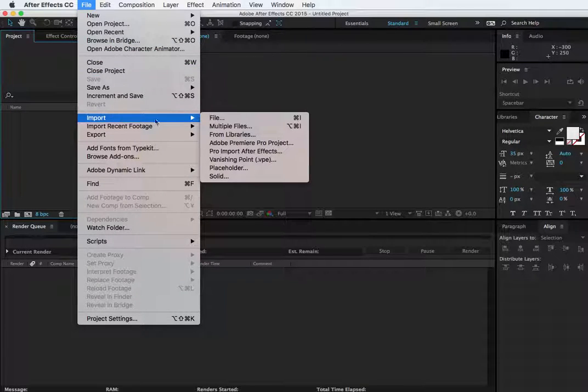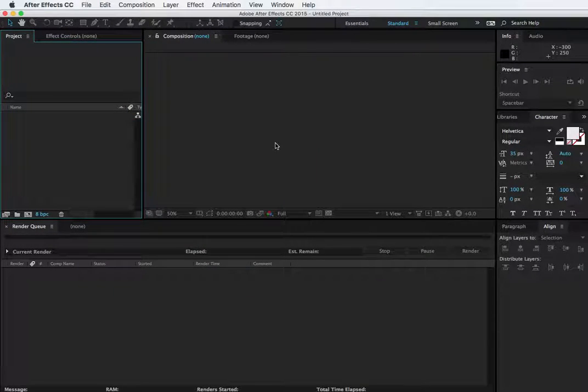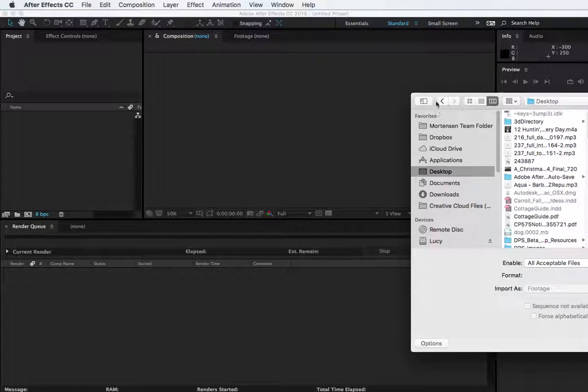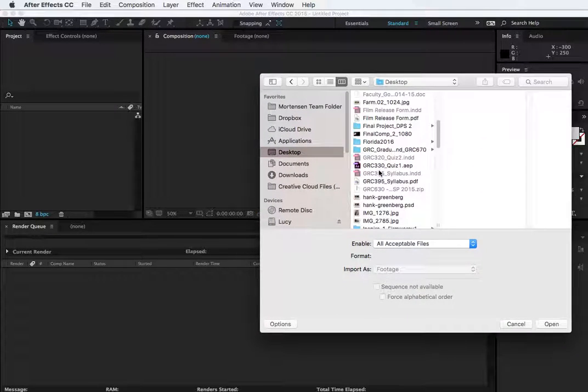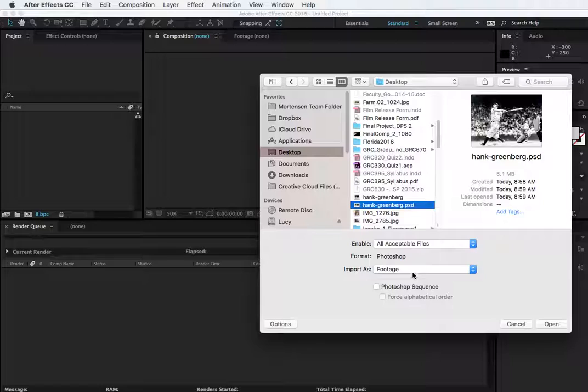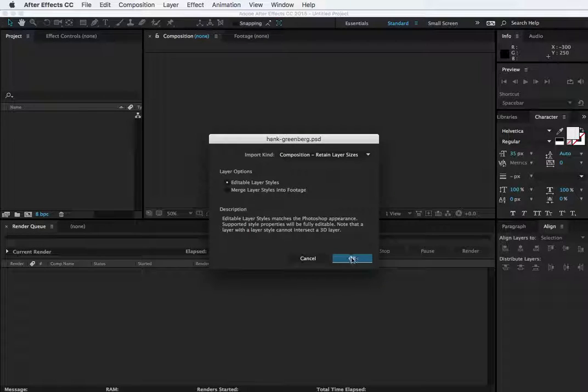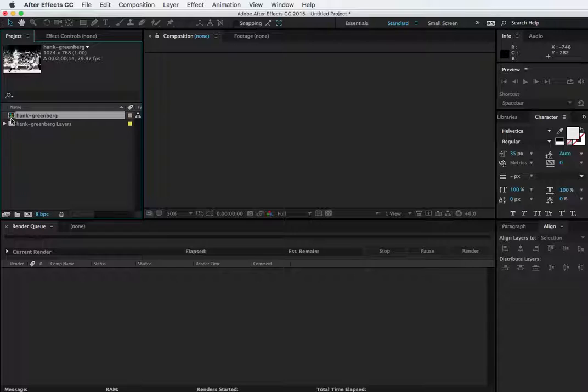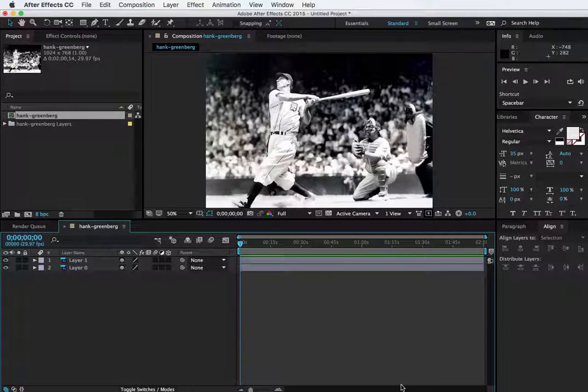Then you get back into After Effects, and you do File, Import, and import that file. You want to import the PSD file, and it says import as, and we don't want footage, we want composition retain layer sizes. And then go ahead and open that up, hit OK, and you'll see you've got a composition here, and then inside this folder you have your layers. All you have to do is double click on the composition, and then you get to see your different layers here,